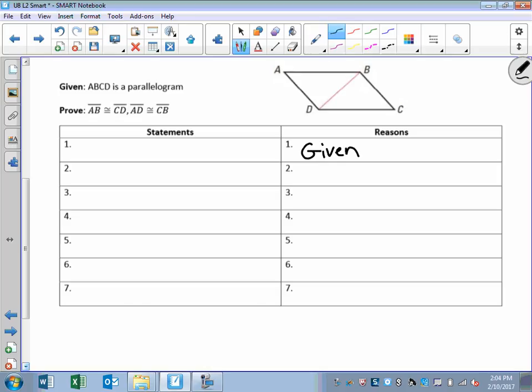Okay. What is given? Well, ABCD is a parallelogram. And I'm going to do a little symbol for parallelogram instead of writing it. So that means ABCD is a parallelogram. Now, what does that mean exactly? Well, if you got your definition of parallelogram above, you know it has something to do with sides being parallel. So we got AD is parallel to BC,